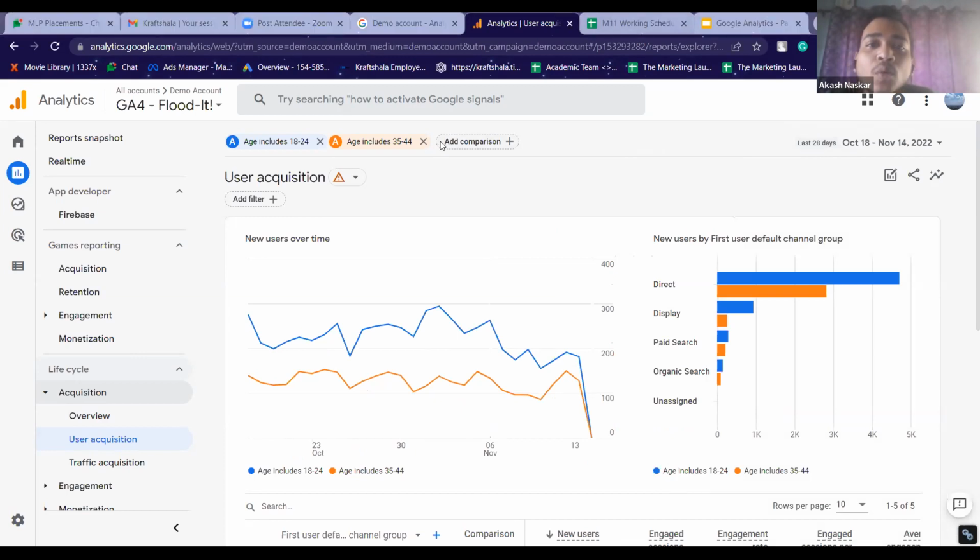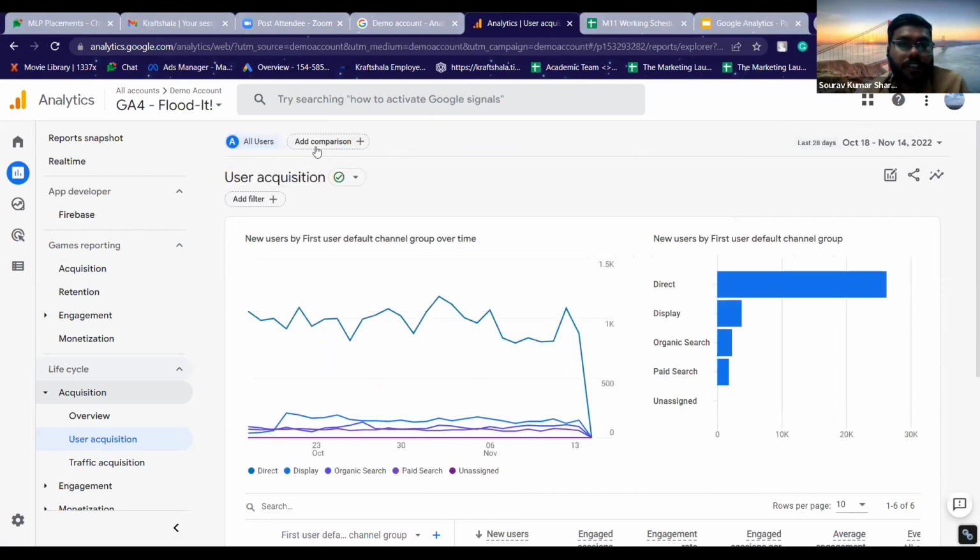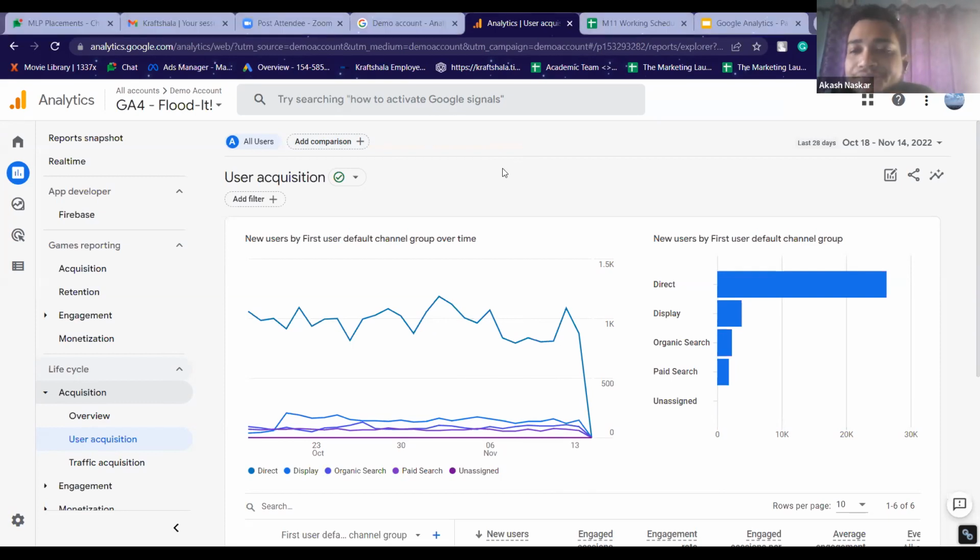Okay, cool. Now Akash, yeah. Are all users from all over India or all over the world? You tell me, what will all users be? If we select our location as India, it should be. But are we selecting any location here? No, right? So this is all over the world. This is all users of Google's merchandise store, which is all over the world.